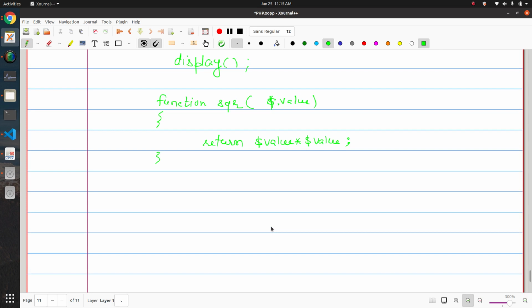Now how can you call this function? You can call it like that, sqr, and pass a value, let's say 10, and then retrieve the result in, let's say, variable $a.